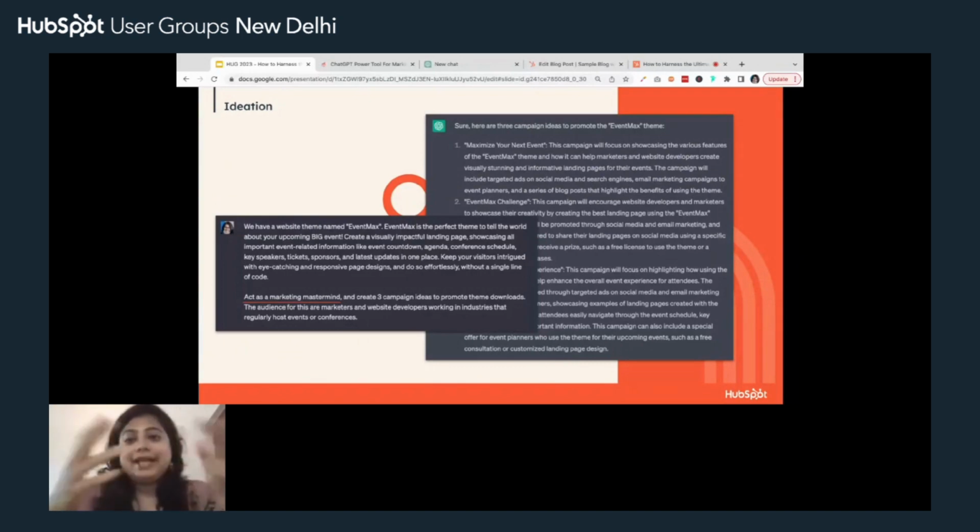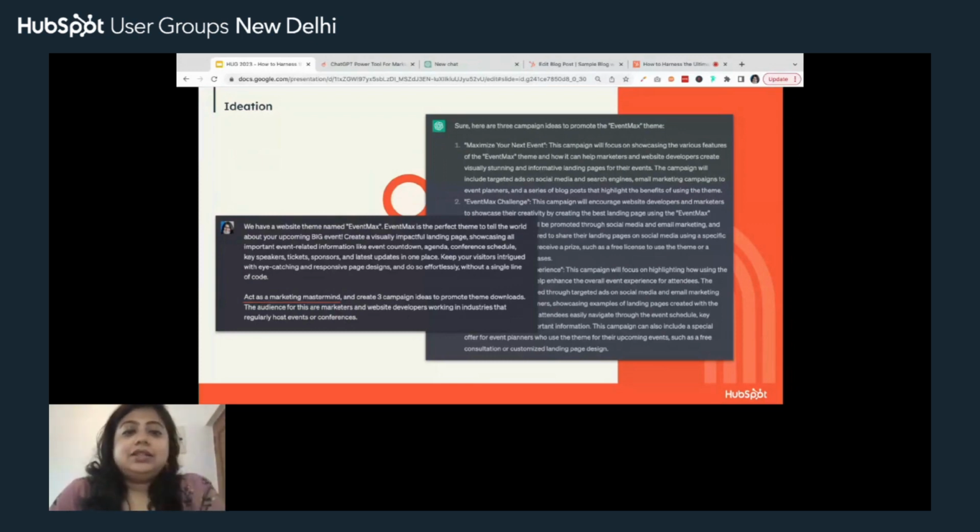So yeah, I think that is something that you can do. Obviously you might not get a lot of great ideas right away, but with the first set that you get, you might want to refine your prompt a little bit, ask it a little bit more, probe a little bit more, and get another set of ideas, which you can then take to your team and work upon later on as well. So that's the second thing, which is campaign ideas essentially.